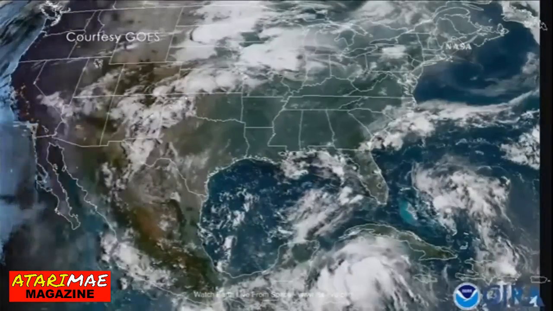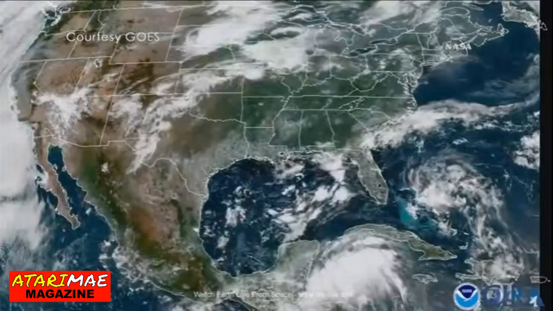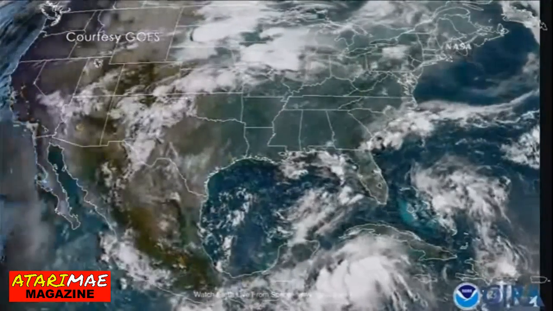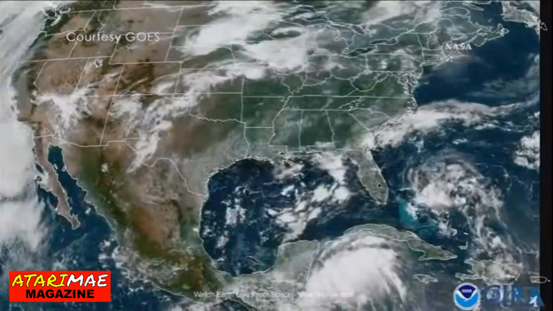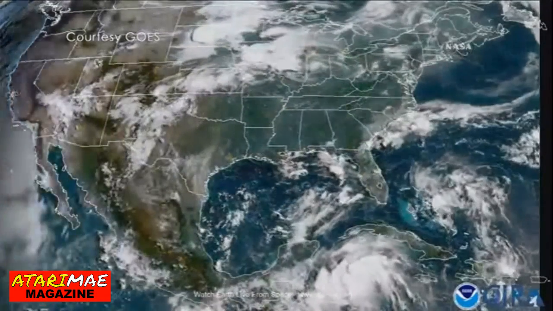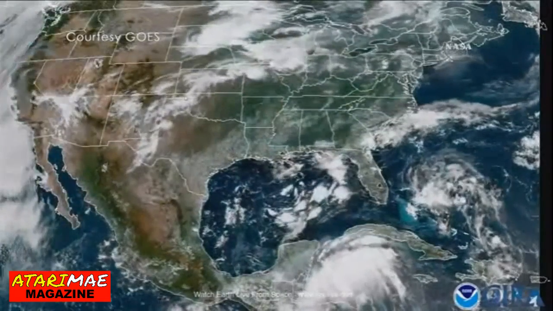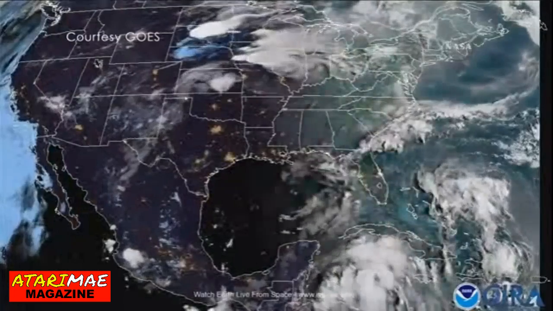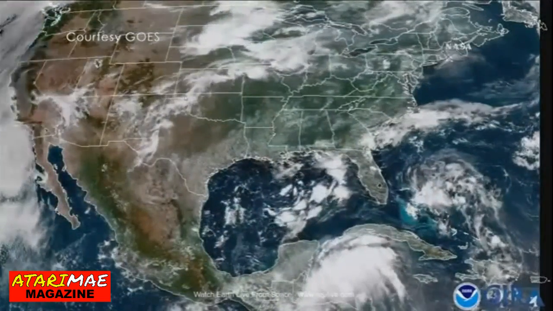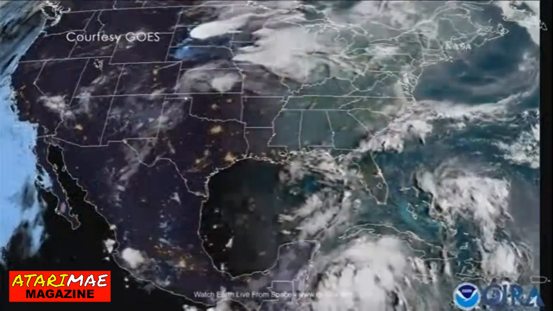Here in Charleston, we still have some breaks in the cloud. Where the sun is, it's still obscured, but we are able to see some of the partial eclipse through some of the breaks. But I really wanted to show you that GOES-16 imagery from NOAA, showing the moon's shadow being cast over parts of the western United States right now. With that, Dwayne, I'm going to hand it back over to you.